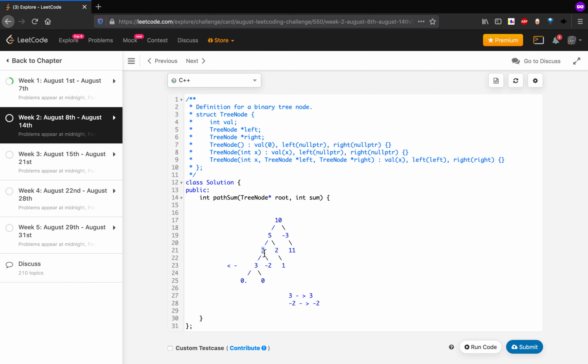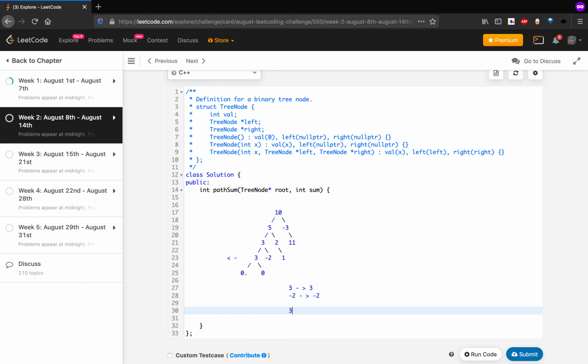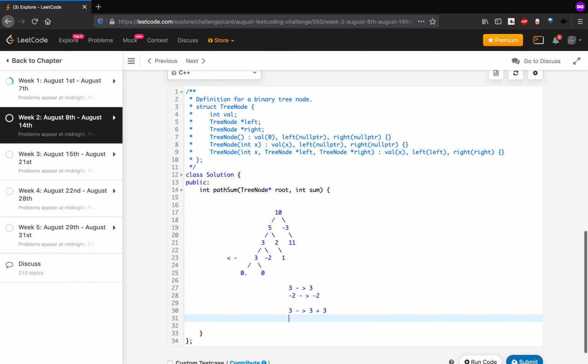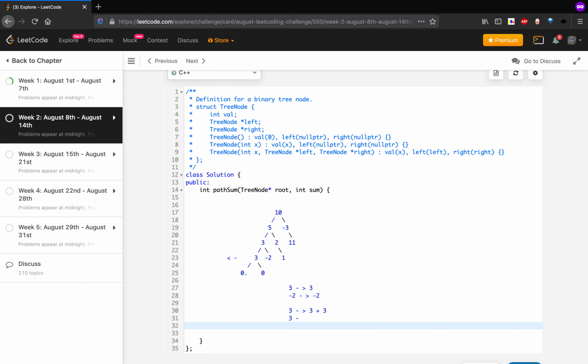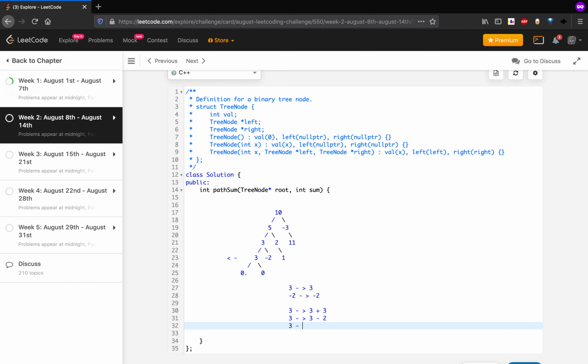But now for the parent of these two nodes, we have three options. I can add its left child, 3 plus 3. I can add its right child, 3 minus 2. Or I don't include either of them.